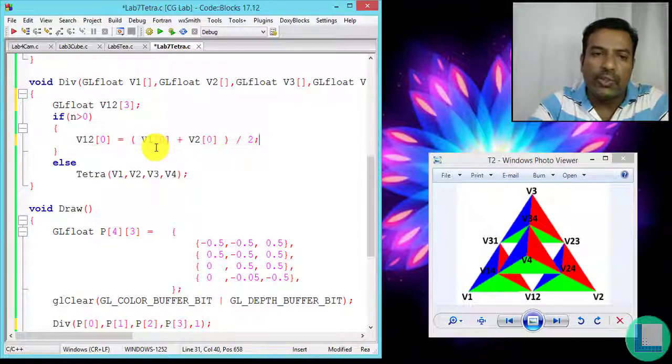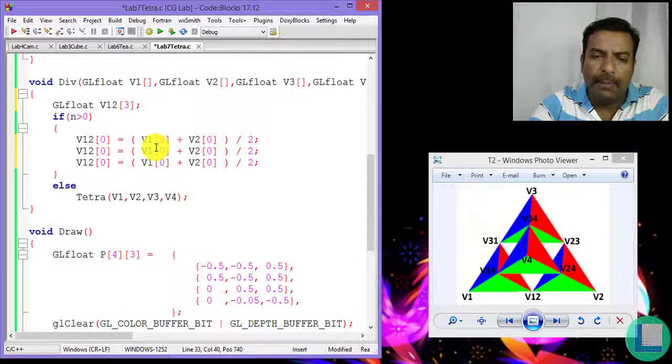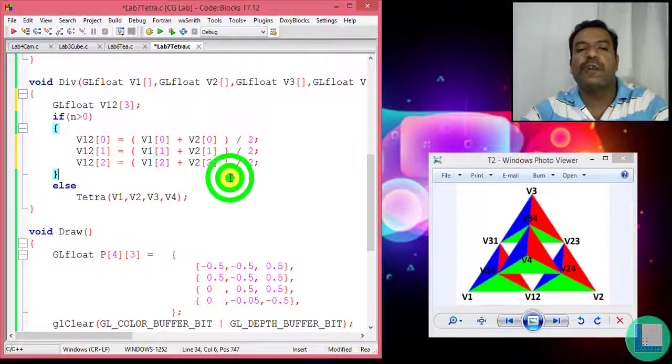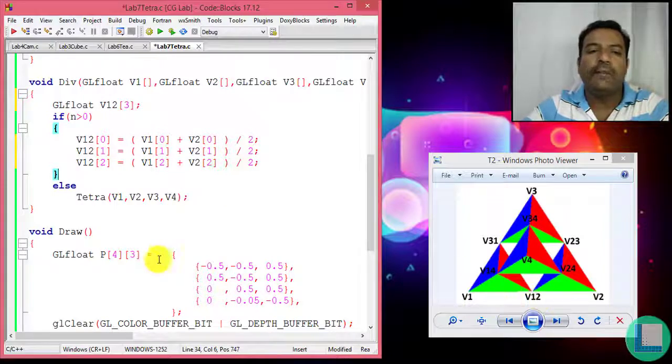Just copy this and paste it over here. Similarly do it for y and for z: the z value of v1, the z value of v2, and similarly the y values. Now this is going to find the first midpoint v12.